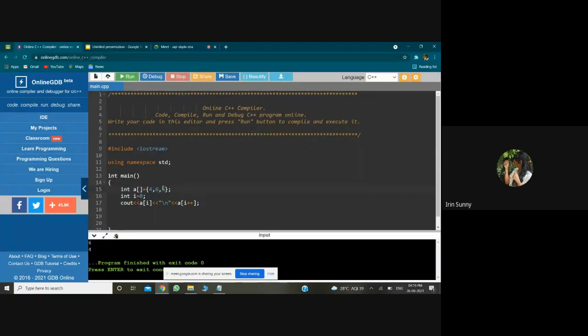See, i actually points to what value? i points to 0. One second.